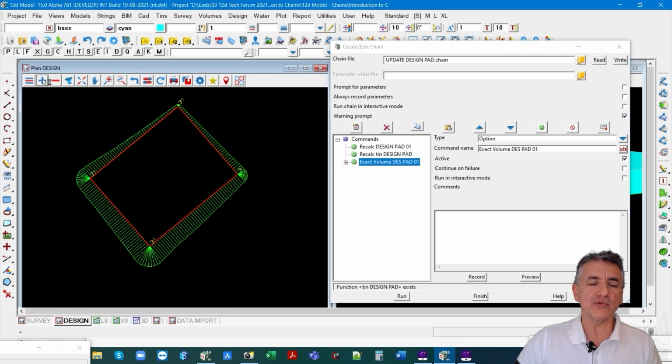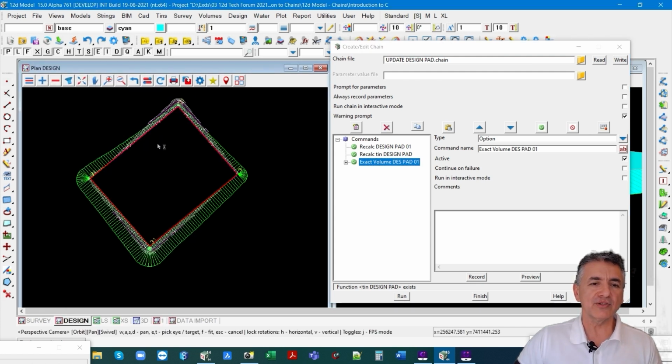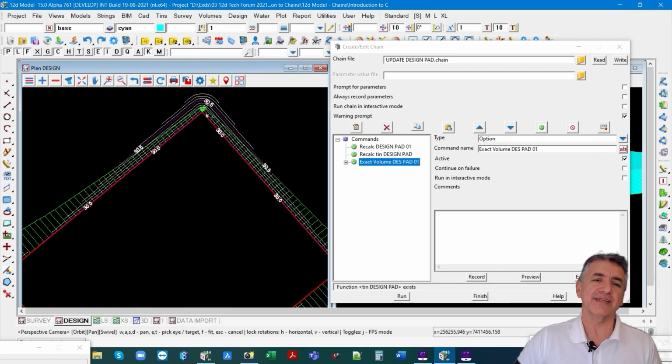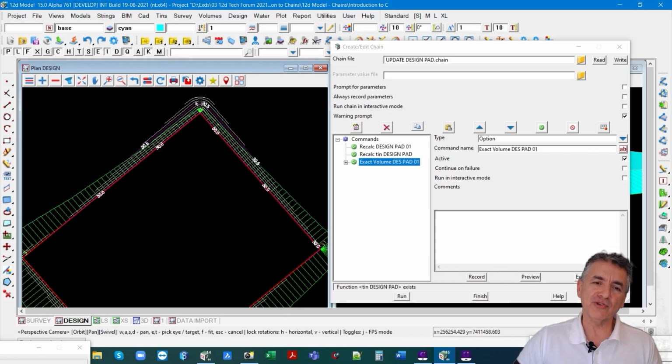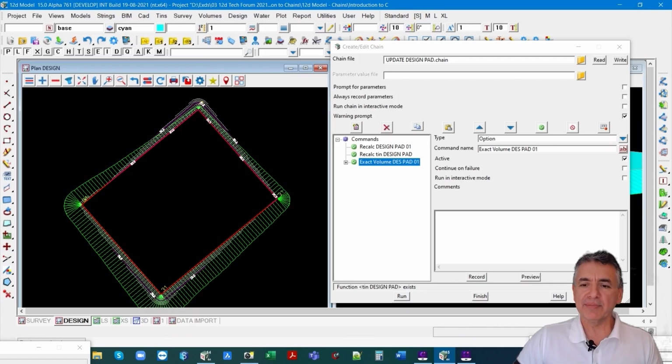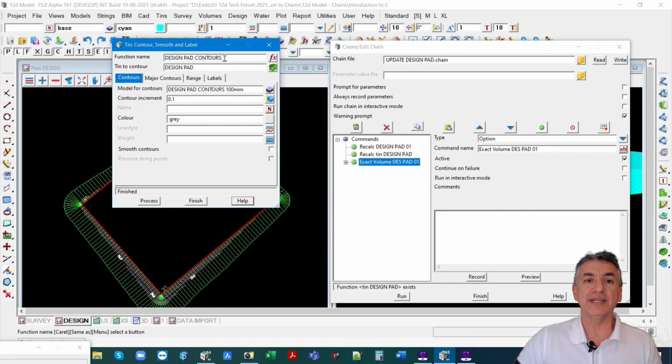And now the contours, just turn those on. You can see there, the contours now, they're not updated, they're the old design, and I wanted some new contours based on my new design. Again, because I used the smooth and label option, and it is a function, thankfully, which is great,